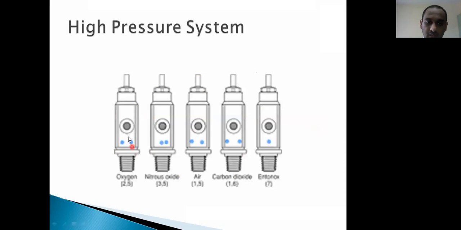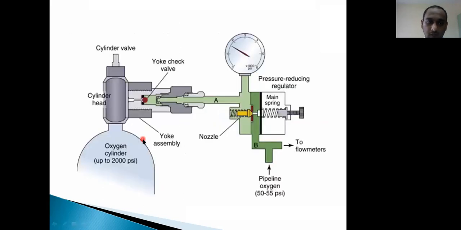So these are the positions of the pin index system. Like for oxygen they are at 2 and 5, nitrous they are at 3 and 5, air 1 and 5, carbon dioxide 1 and 6. Entonox, the hole for the pin index is at number 7 position. So this is how a wrong cylinder cannot be attached. This is the cylinder body, cylinder head. This is the check valve, and now we are focusing on the